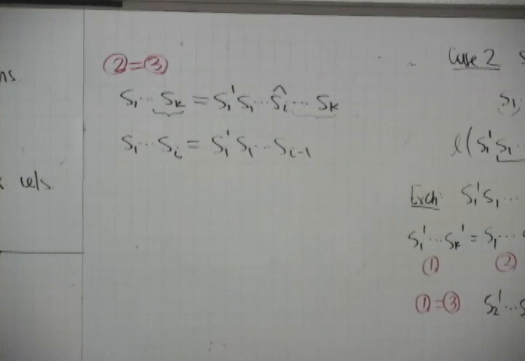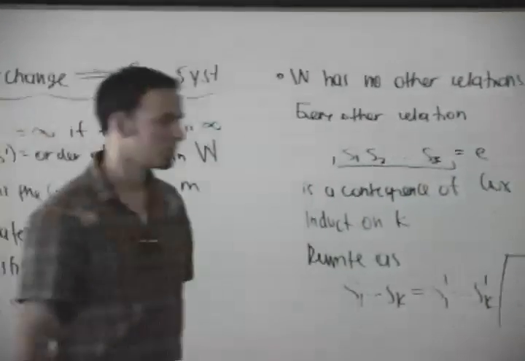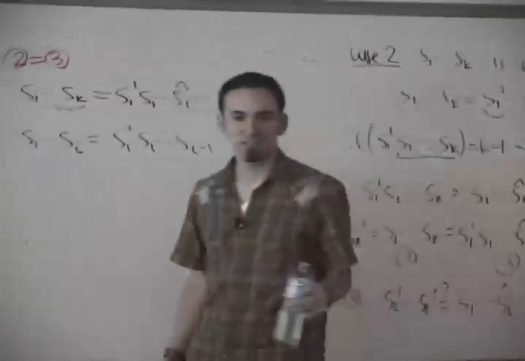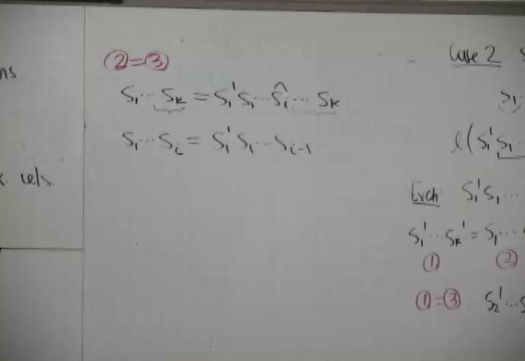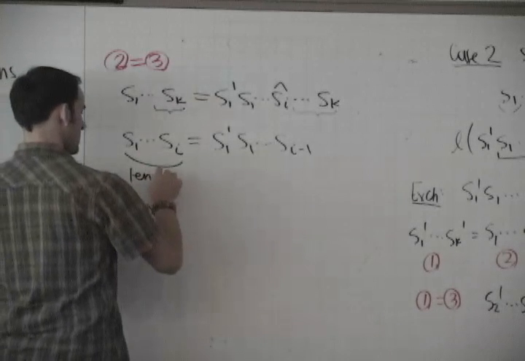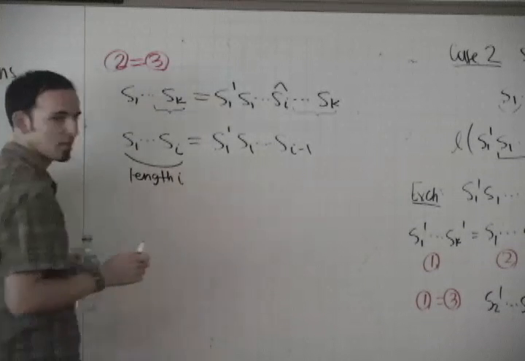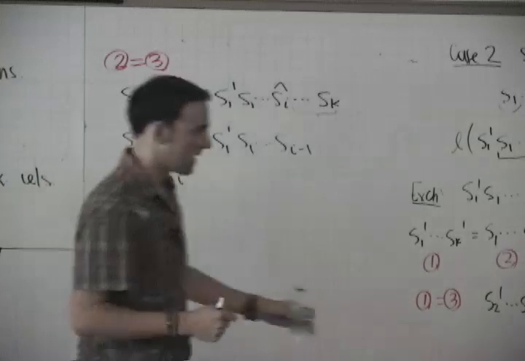Are we sure? I'm lying to you. Why am I lying to you? I'm not really lying to you, but I'm hiding something from you. This is length I. Yeah? I'm saying that's shorter,